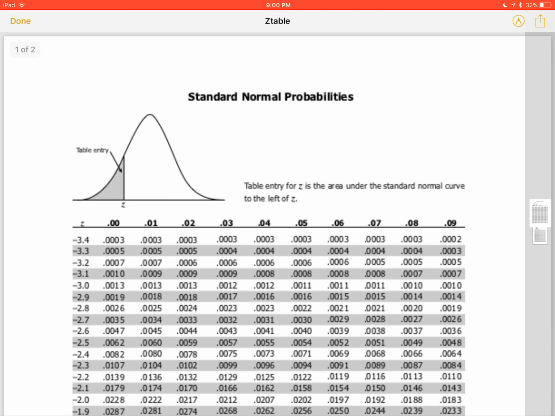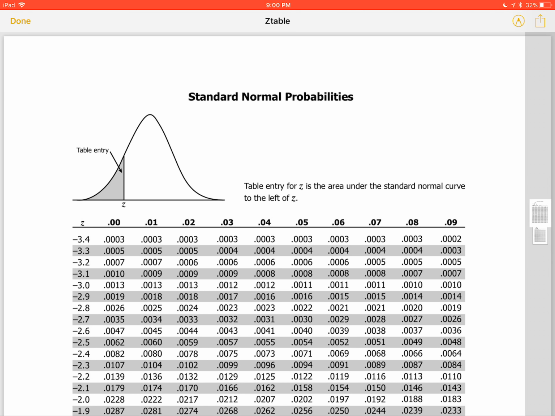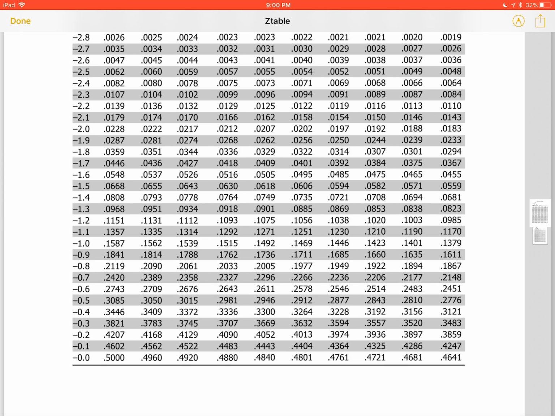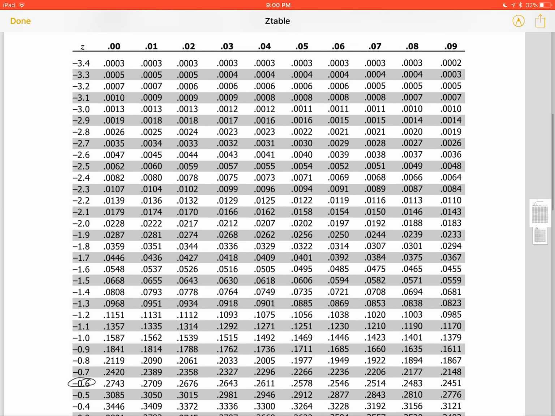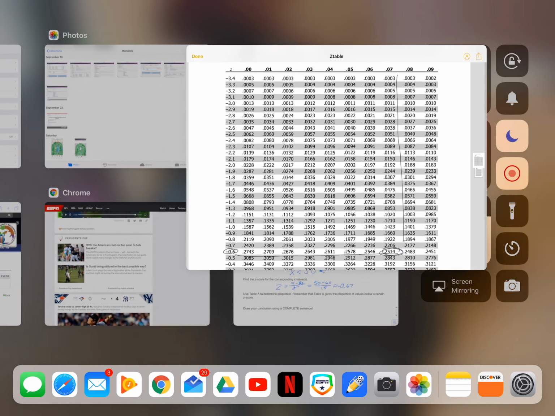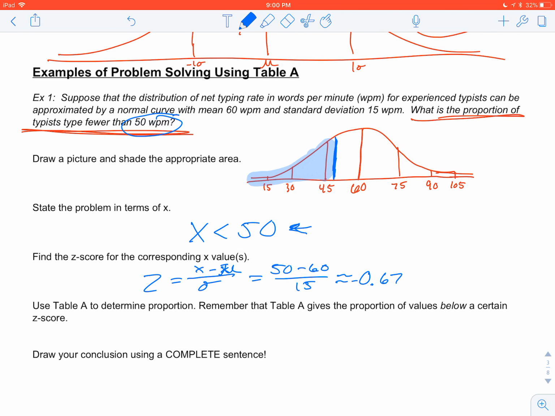Let's go to our table. Negative 0.67. So negative 0.6, find that right here. Negative 0.6, and 0.07 is on this column. We're going to go all the way down till they meet right here: 0.2514. That's our proportion of data to the left of that z-score. 0.2514,